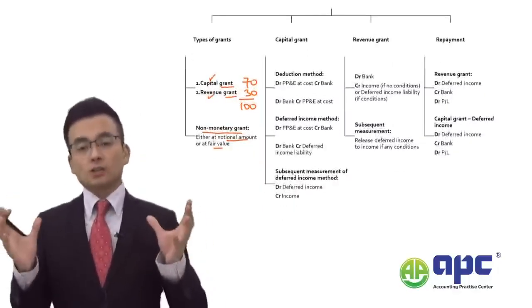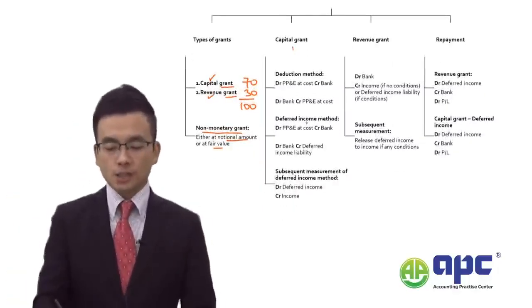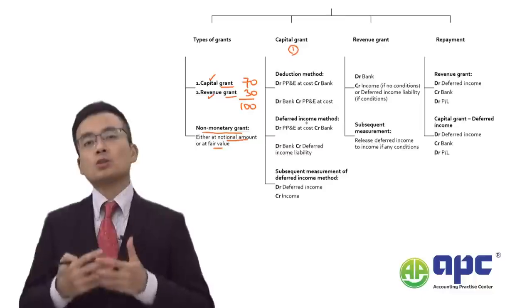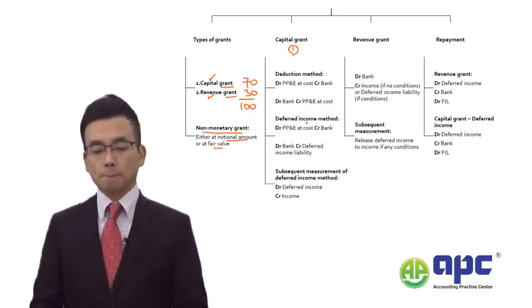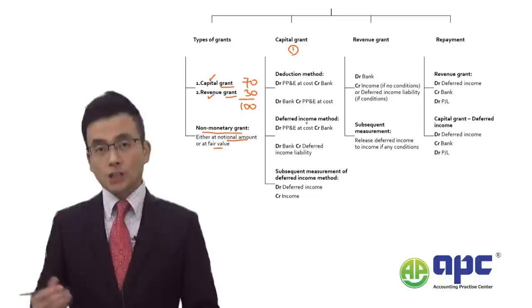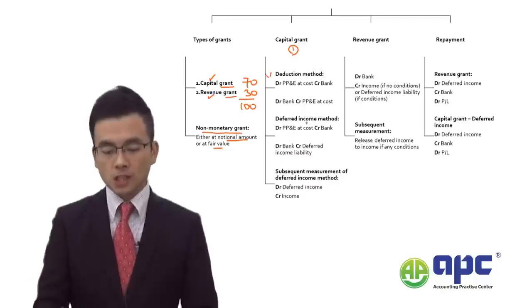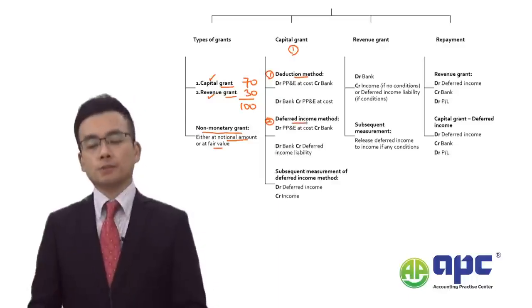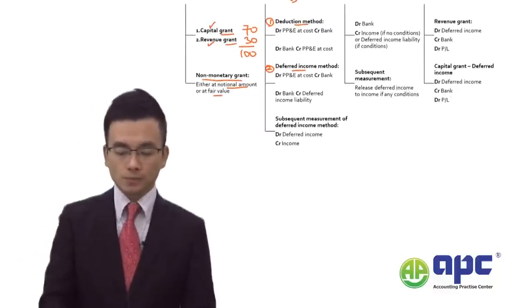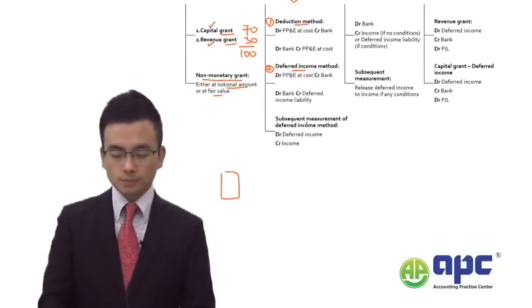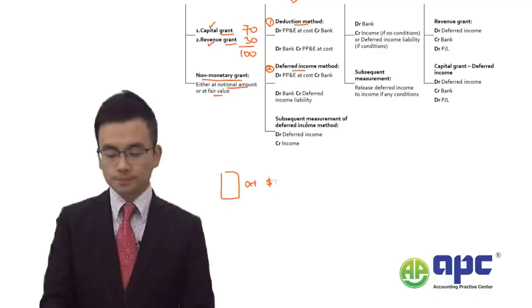So, with regards to grants, the first type is the capital grant, which means you acquire, for example, a building and the government gives you some money. Under IAS number 20, we've got two methods here: the deduction method and the deferred income method. Under the deduction method, for example, you acquired a piece of equipment at $200, but the government helps you